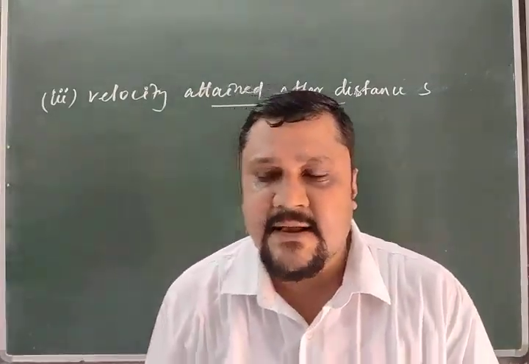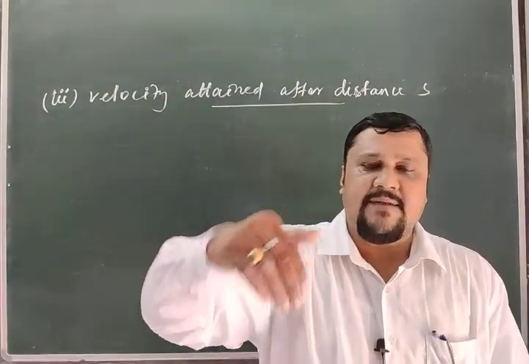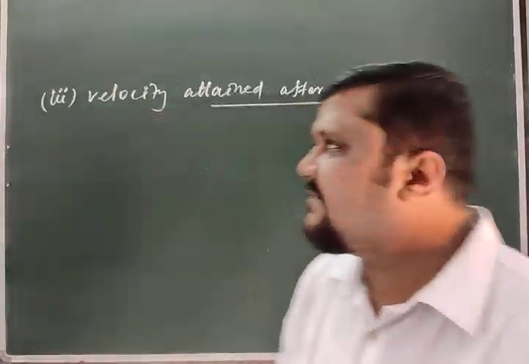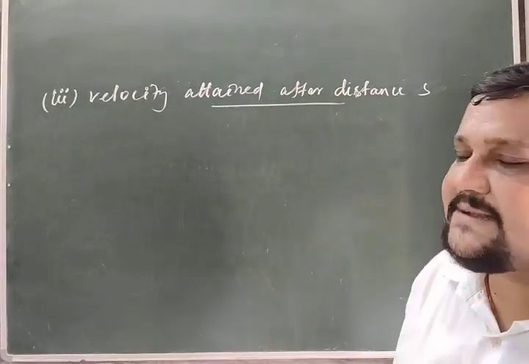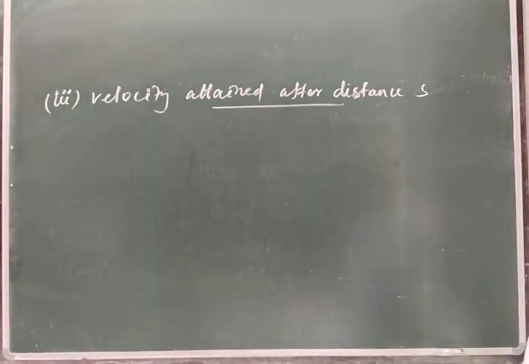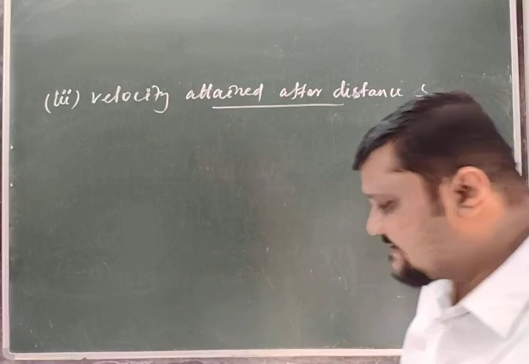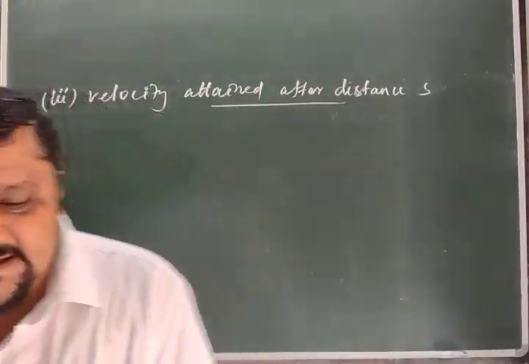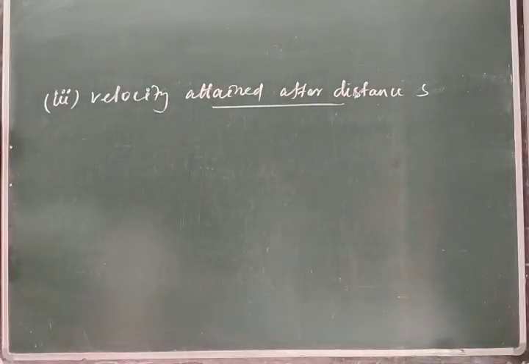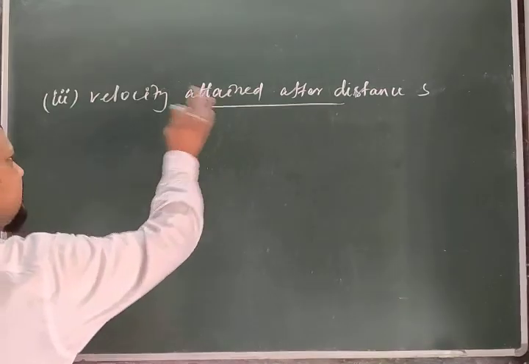But if I ask after traveling 5 kilometers, what is your velocity? In that case, we will use the concept of velocity attained by the body after the distance s. Here the distance means the body is moving in a straight line, so we can also say after this displacement s. Now for that,